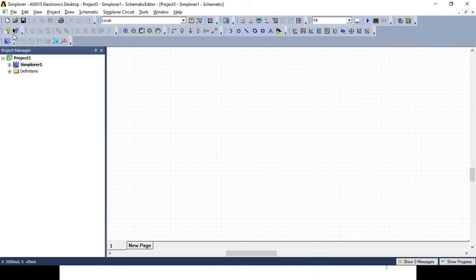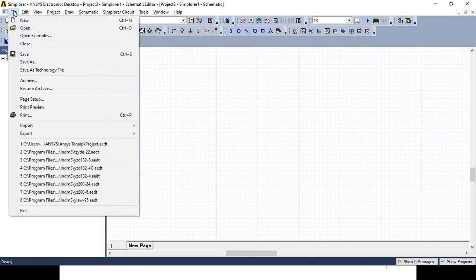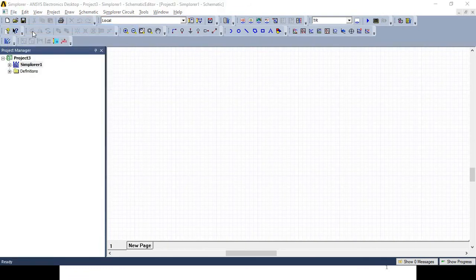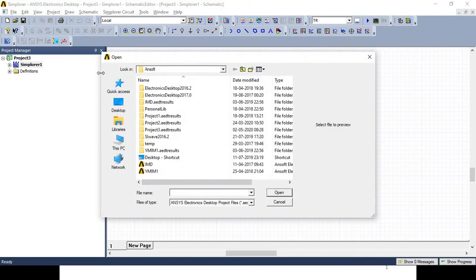Okay, so I will open the project which we had already started during the last lecture, that is, the design of the three-phase induction motor.